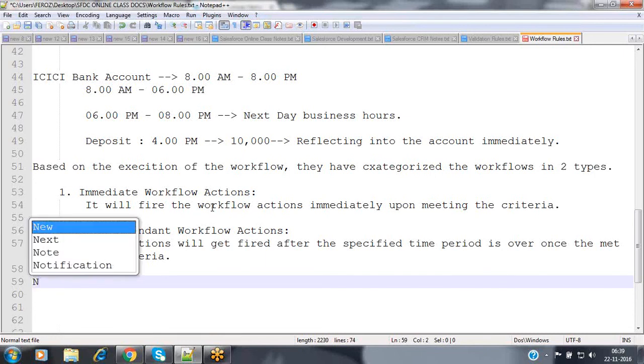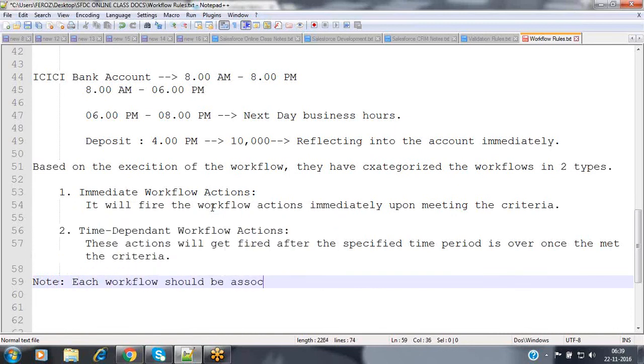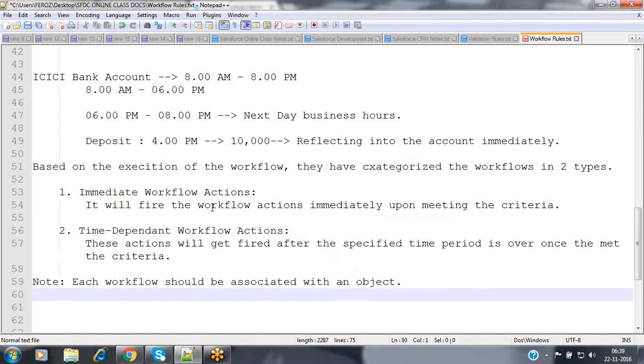Now, when coming to the workflow here, each workflow should be associated with an object. Whenever you are creating the workflow, we have to specify the record created. Now, which object record? Account object record, or contact object record, or position object record, or your hiring manager object record, or what? Upon creating which object record do you want to send this notification? So for that, while creating the workflow, we have to specify to which object you want this workflow to be associated, whenever you are going to be sending that email notification.